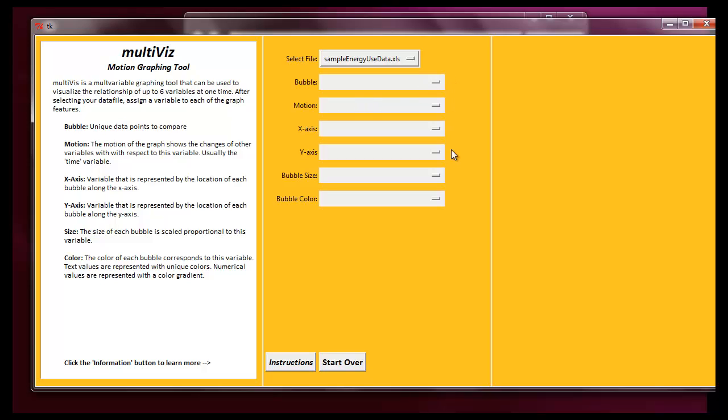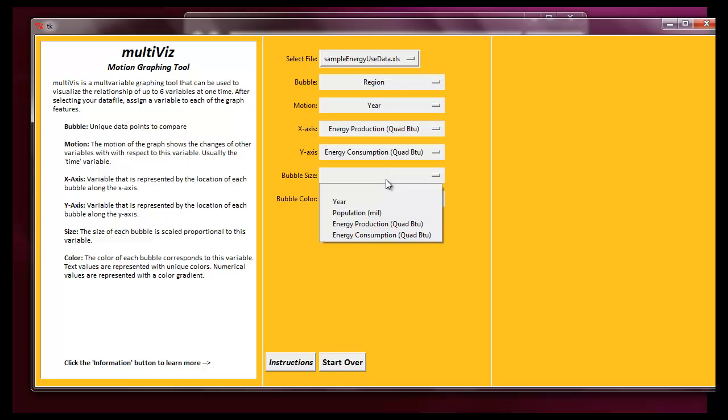And here I have 6 graph features that I can assign these variables to. I would like to graph the regions of the world as individual bubbles on the graph. I'd like those bubbles to move to show changes over time, so the year will control the motion. I'll graph energy production and consumption on the X and Y axis. And for now, I will plot the size of the bubble as proportional to the population of each region, and